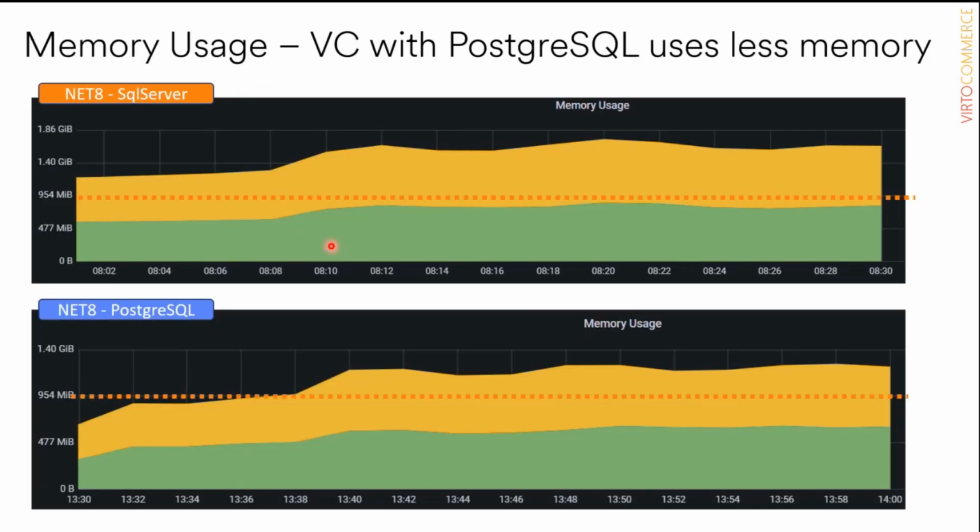From memory usage, what I want to highlight is that PostgreSQL also provides the benefit of using less memory, as we saw before. You can see on this table a comparison of usage of .NET 8 with SQL Server and .NET 8 with PostgreSQL. You see this orange line, like markers, that demonstrates memory usage, and what I can highlight is that it's indeed the PostgreSQL provider with the same configuration, with the same data set, with the same test data